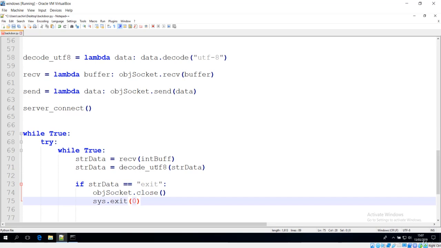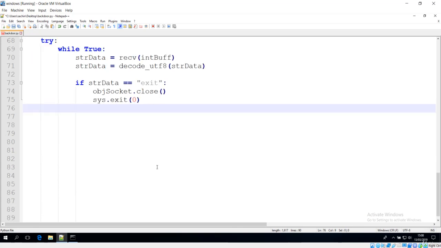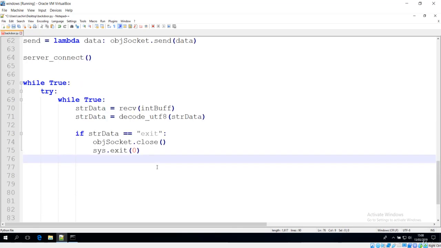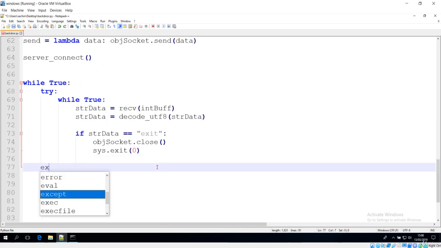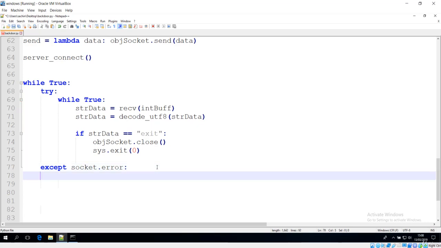We haven't covered anything about the message or some backdoors like screenshot, but now this is the simple skeleton where we can write some of the payload. Before that we have to handle the exception if we get any. That should be socket.error, and if the server closes without giving any warning, then this exception will be caught over here.